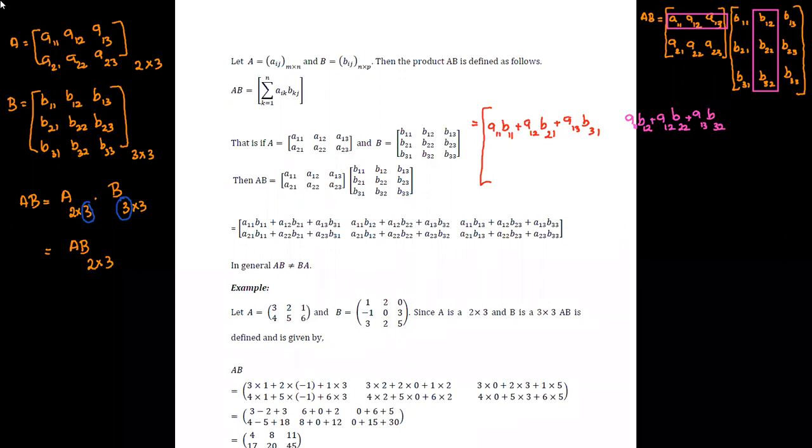Since we have finished the calculations on the first row with the second column, I will still be in the first row, but I am moving to the third column. I will be here in the first row, and then I will move to the third column. Then if I do the multiplication accordingly, I will get this as A11 with B13. Here it is not the plus sign. The third element, A13 with